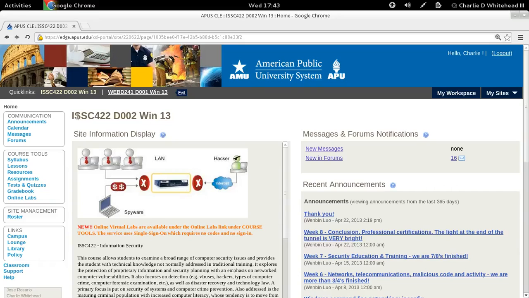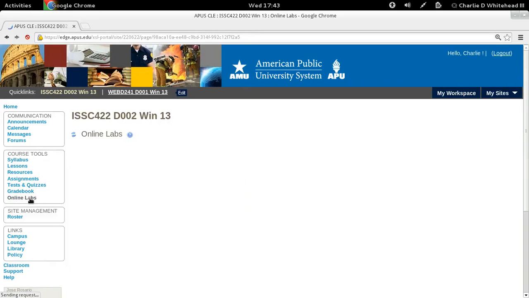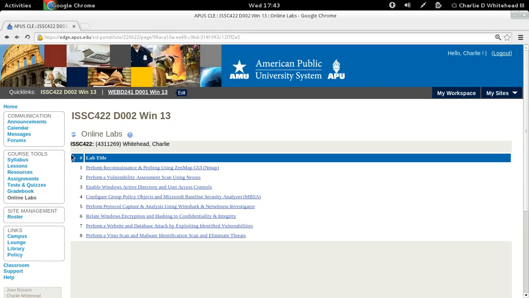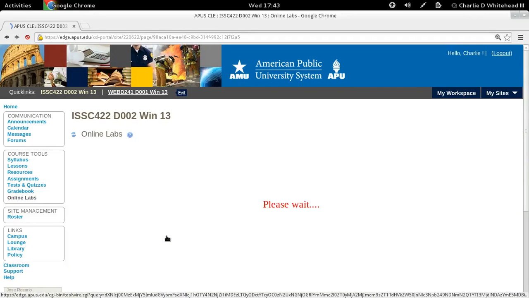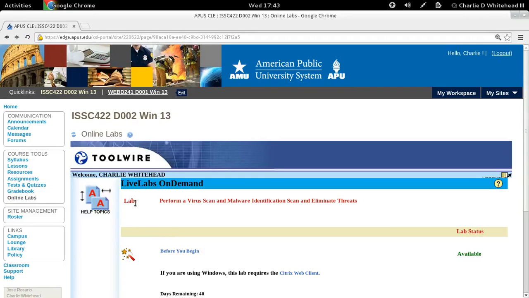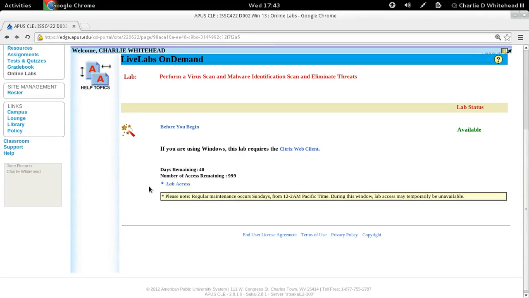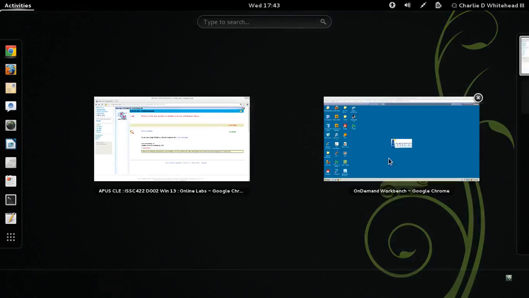Let's get started. So we're going to start here at the course homepage, and off to the left, let's find Course Tools, and click on the Online Labs link. This will take us to the Online Labs section. We want to go down to lab number 8, which is Perform a Virus Scan and Malware Identification Scan and Eliminate Threats. Click here. And that will take us to the Toolwire Live Labs page. And if we scroll down a bit and click on the Lab Access link, it should take us to this